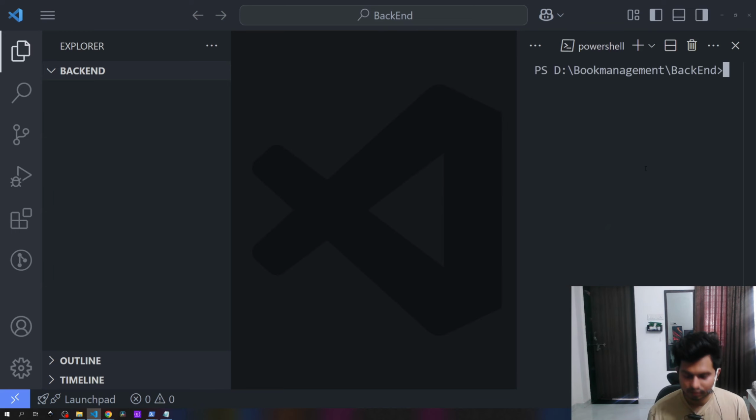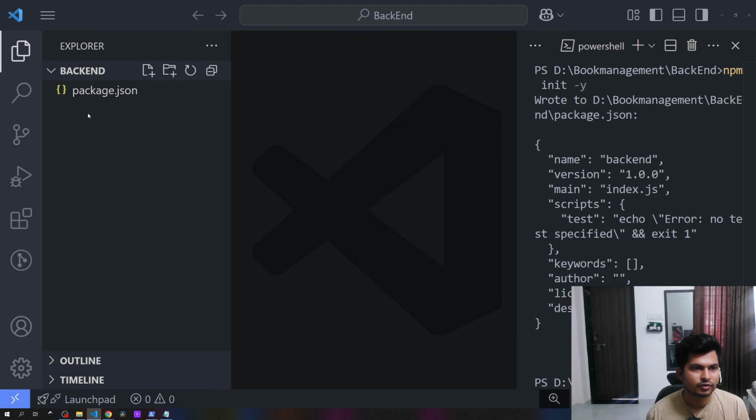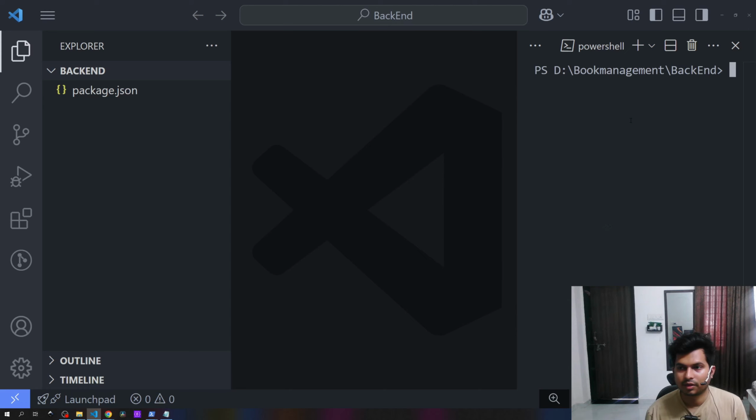So for this let me do npm init -y for the package.json file, and let me use libraries. That will be npm